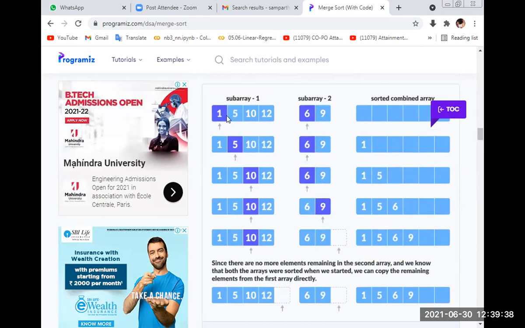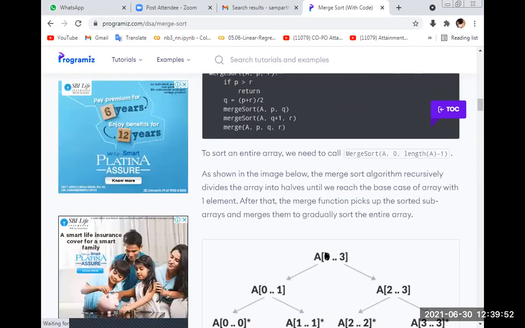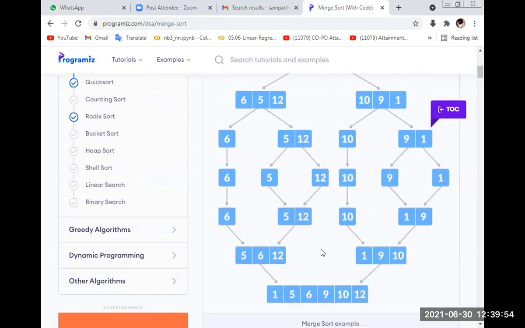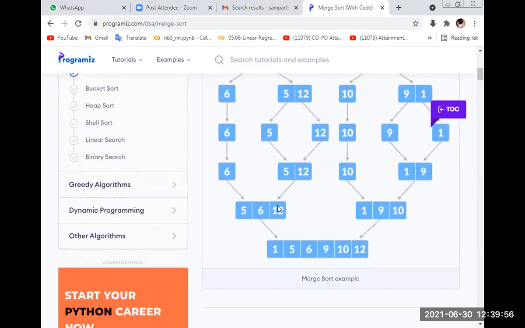So this is my one subpart. This is another subpart. Consider this example. Here, when we merge, it means we are considering 2 sorted arrays. Remember that. See in this example what we have to do. This is one sorted part and this is another sorted part. So this is sorted array A, this is sorted array B.